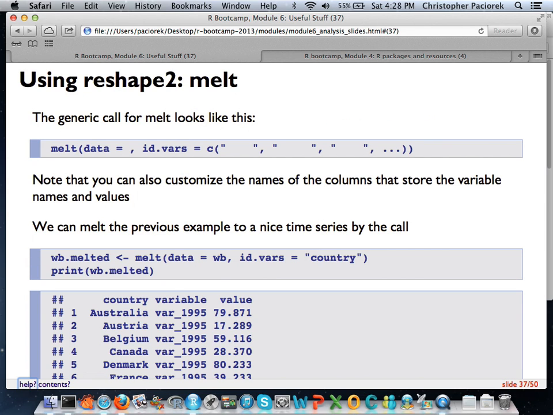So here's the basic call for melt. Again, it looks kind of similar to the ddply and plyr calls. The only difference is you no longer need the period in front of the various arguments. You simply put what data set it is that you're interested in melting. This is the name of that object. And you queue in some ID variables. And these are going to be character strings of whatever your column names are, however many you want to actually melt.